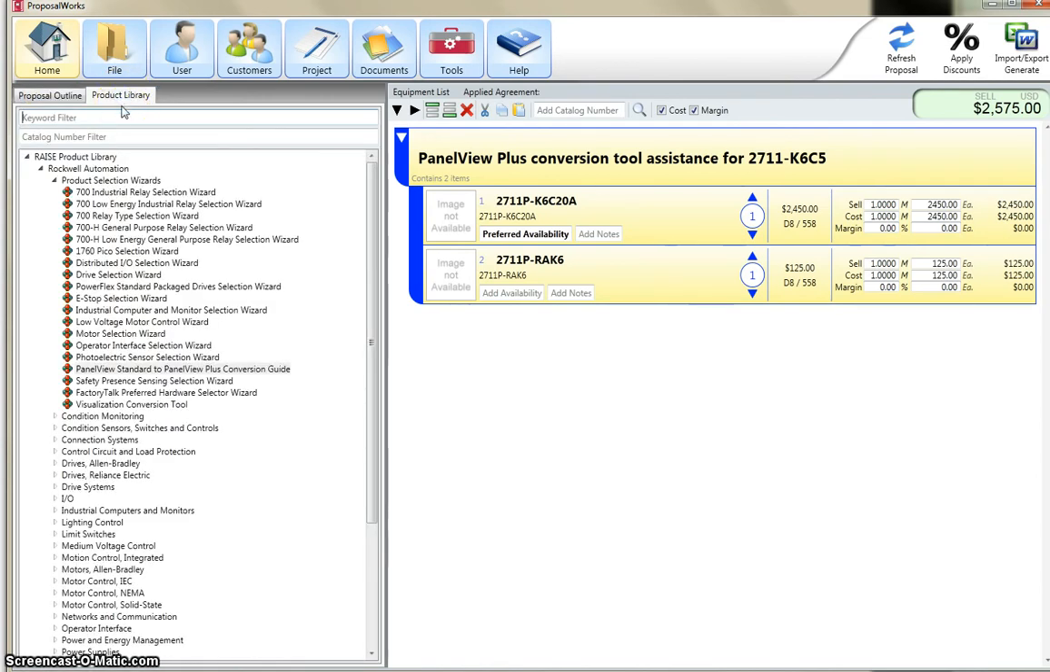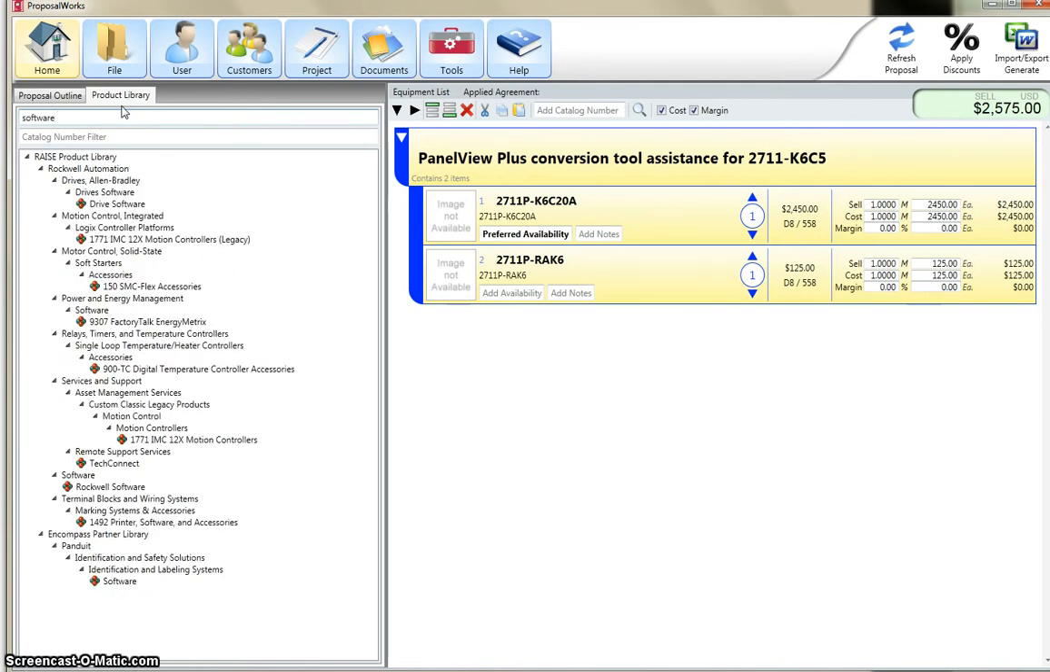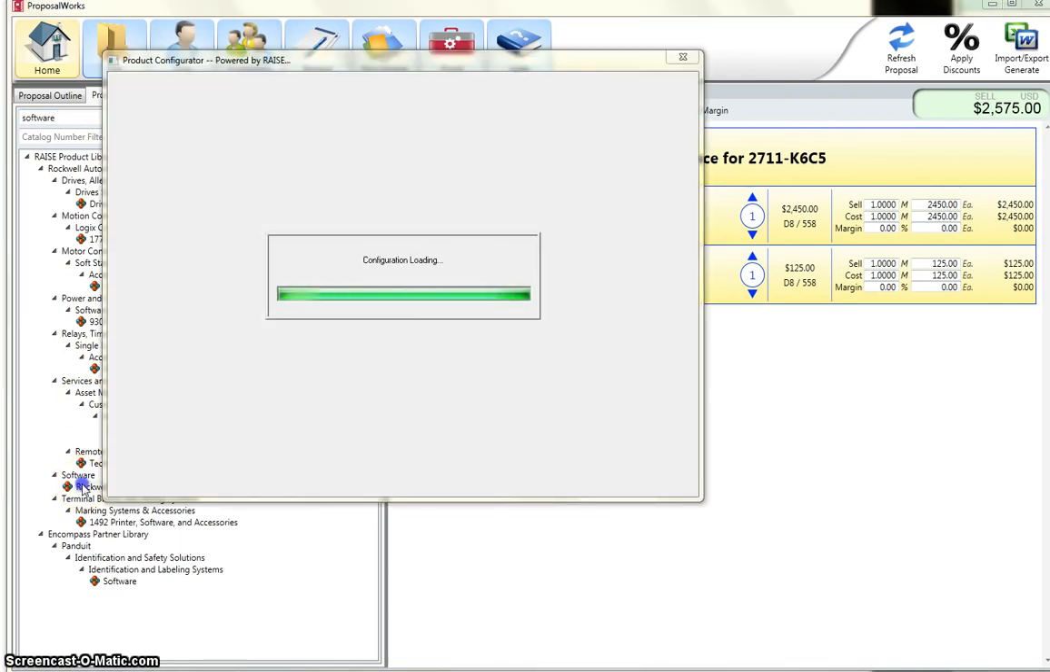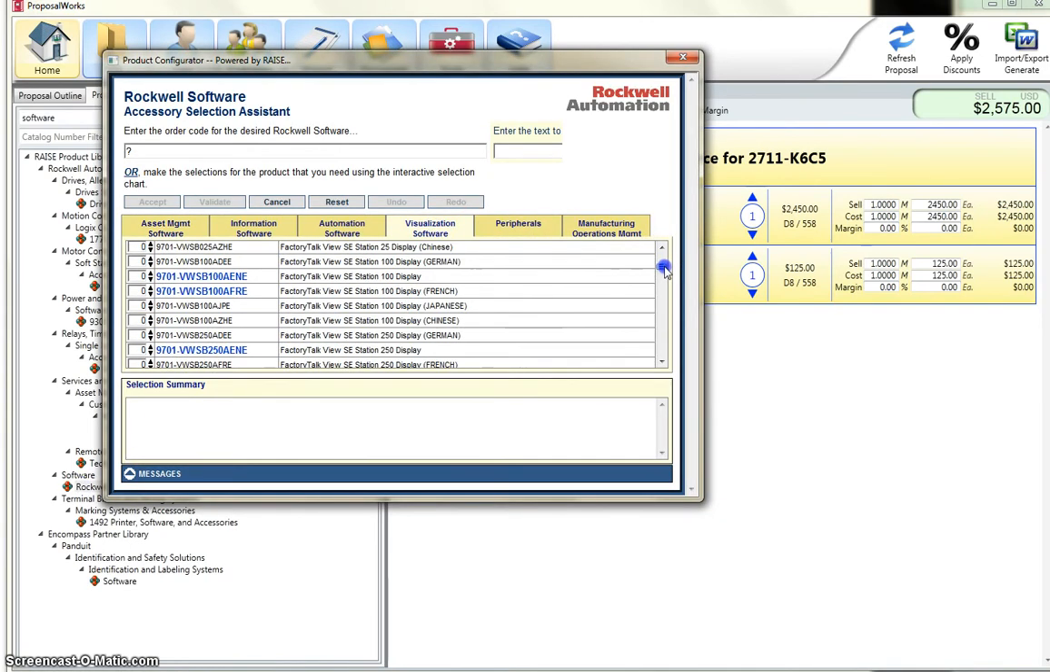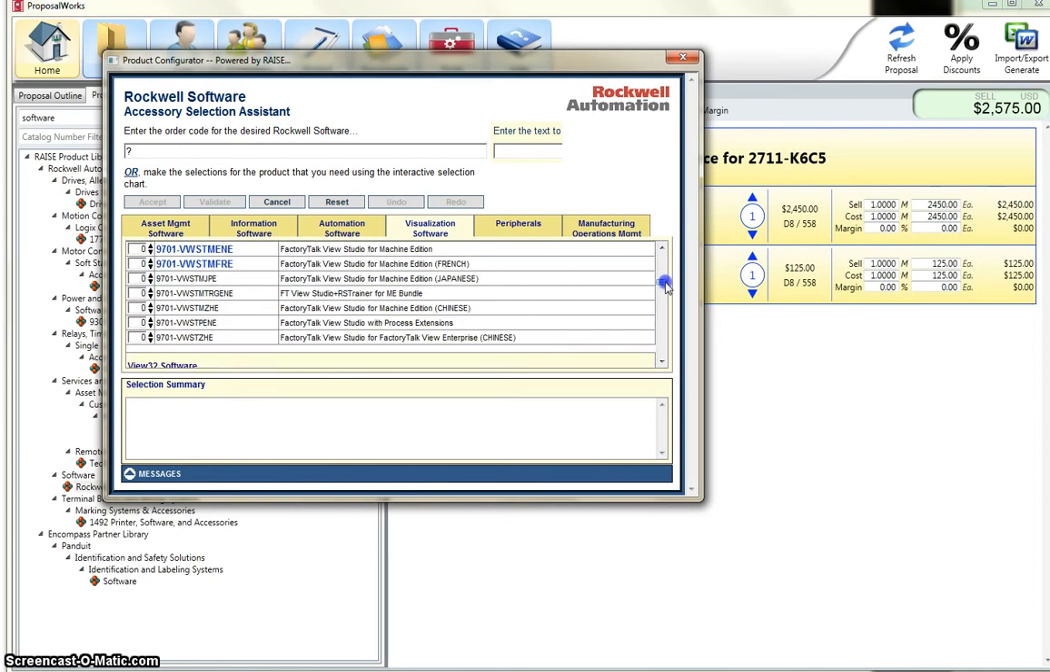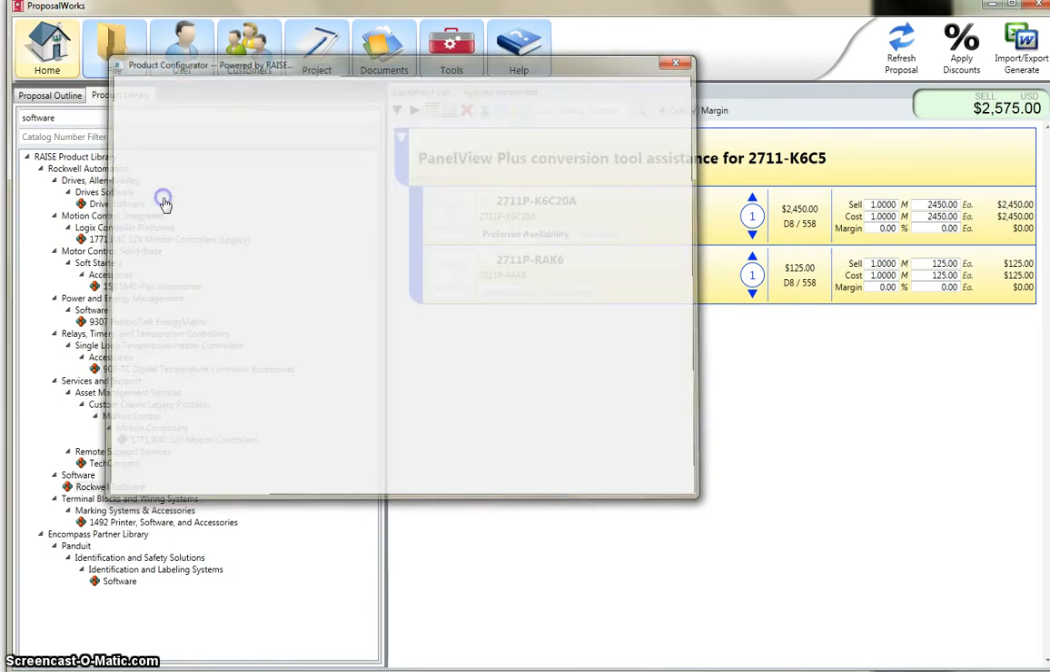You can use in the keyword filter, type in software, and we'll come down here to Rockwell Software. Select visualization software and go down to FactoryTalk View Studio for Machine Edition. You could also type in the part number directly in the catalog filter, which would be the 9701-VWSTMENE. Once you do that, you can accept,